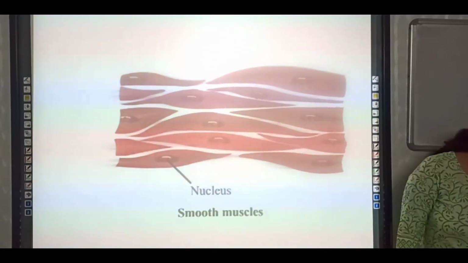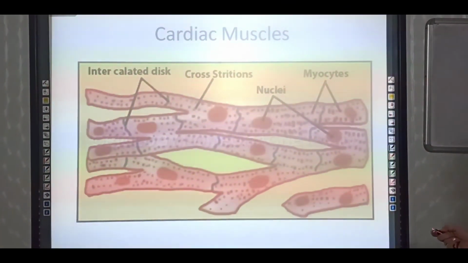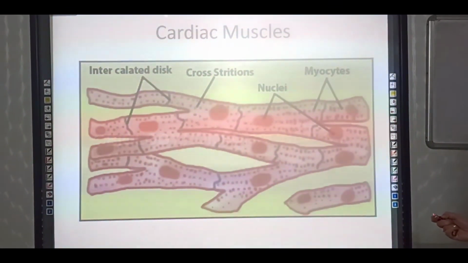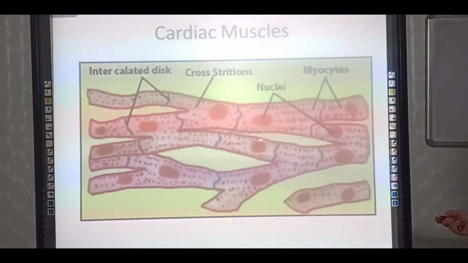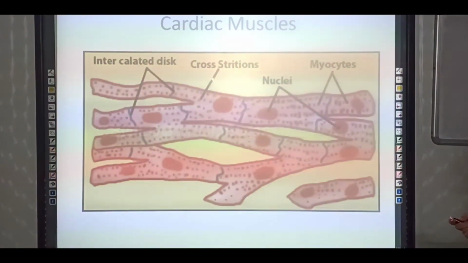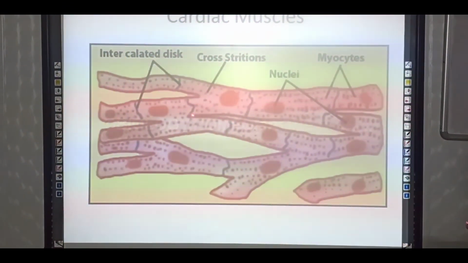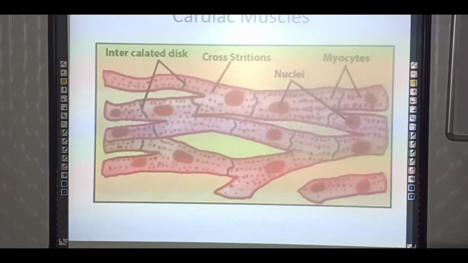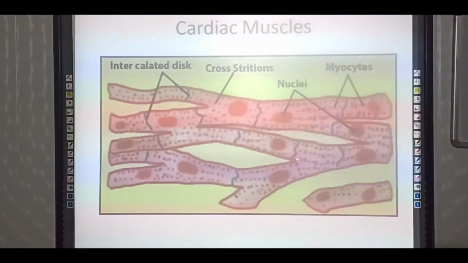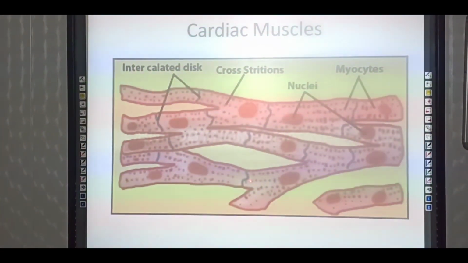That exception is the cardiac muscles. Have you heard about a cardiologist? That is the doctor who treats heart patients. These are also a type of muscle. It has striations, but they are cross. It has branches. You can see the branches. These branches were absent in the smooth muscles. It has a nucleus. These are very important muscles which are present in our heart.